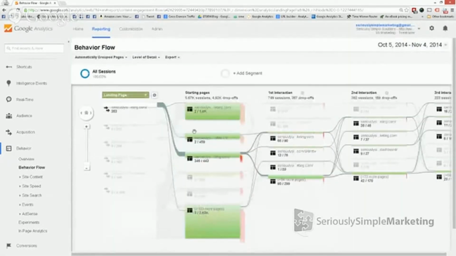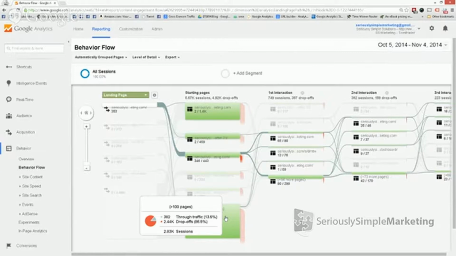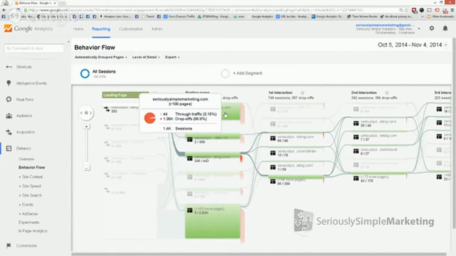Now remember, for the blog, it's a little tougher because they're going in 14,000 different directions and possible posts, because this is a homepage, right? But if I wanted to know what most people are doing with my homepage, this is one way I could tell. I could sit there and say, okay, are people going to my opt-in? Yeah, not really, right? They're not really seeing the opt-in. So I can work on the homepage and say, okay, I want them to focus more on going to the opt-in thank you. That's what I want them to see from the homepage. So right now I can tell you that's not happening. I can easily tell you that's not happening because it's not showing up in the results at all.